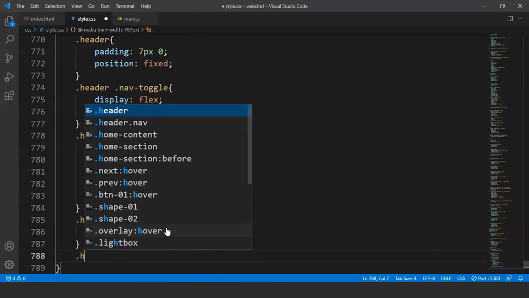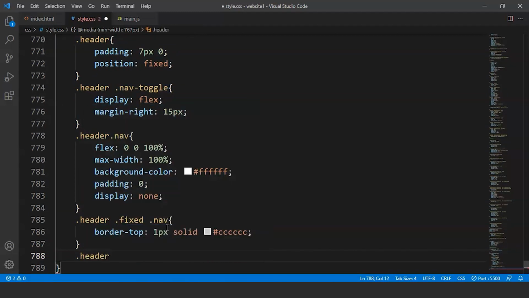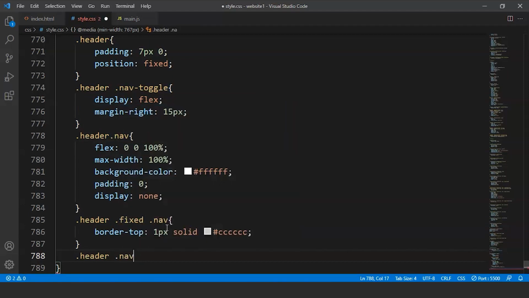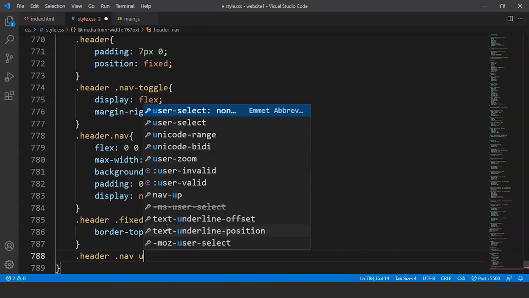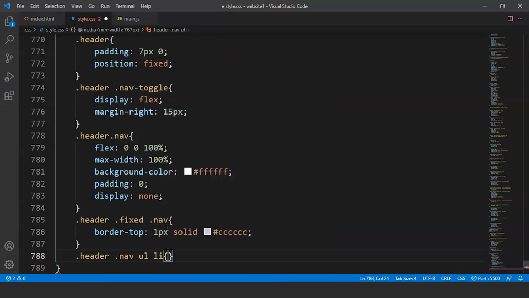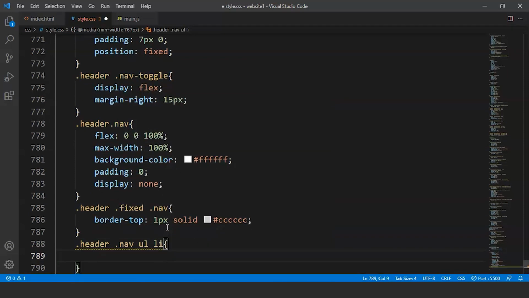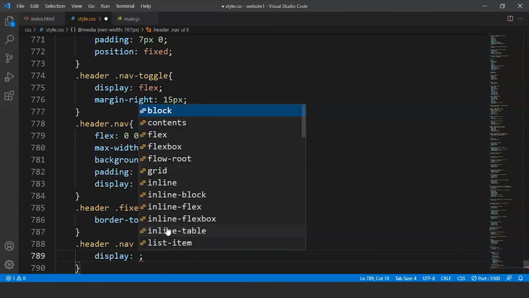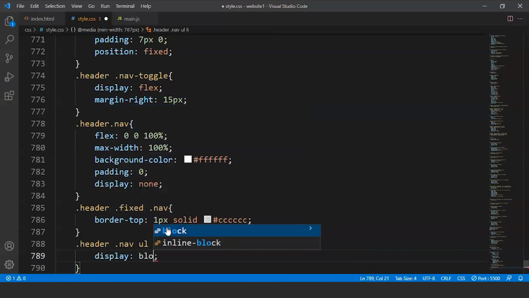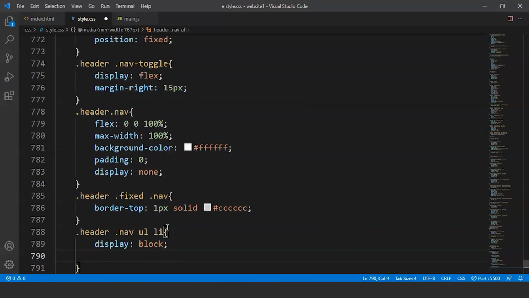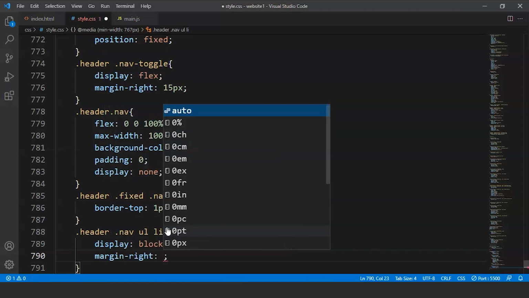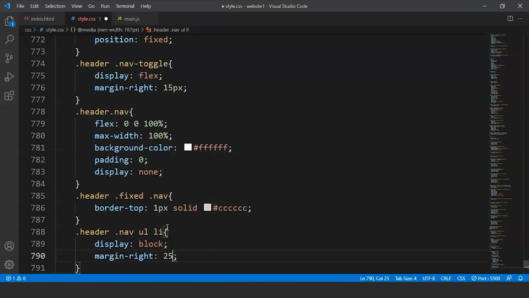Then we have .header. We have to write the code for ul and li now, so we'll write here .header .nav, then we'll write a ul li, and now we'll style them. So we'll write here display. Display is going to be block. Then we'll write here margin right. Margin right is going to be 25 pixels,